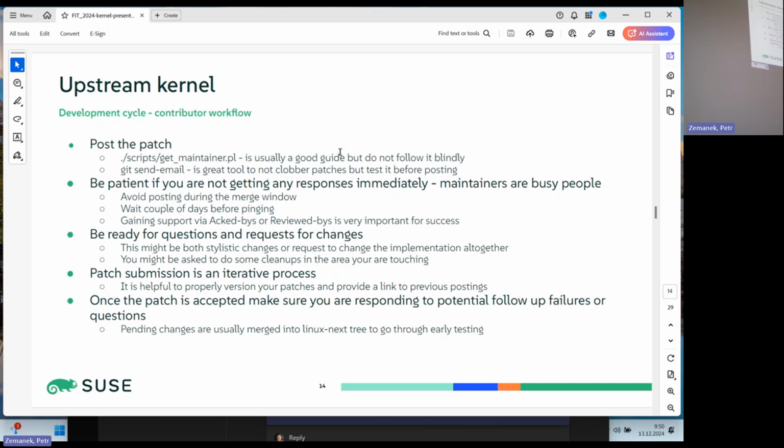Okay, so let's say that you already have your particular change ready, how to move on. So you have to post the patch. And as you can imagine, if you just post the patch to a generic mailing list, it might just fall through the cracks and nobody will notice that. So it's really important to find proper people that will pay attention and people who can help to